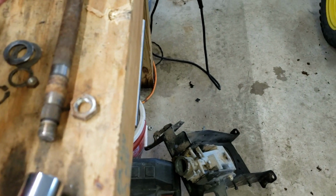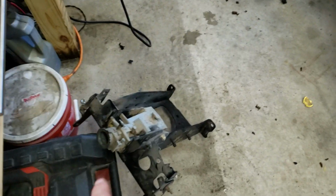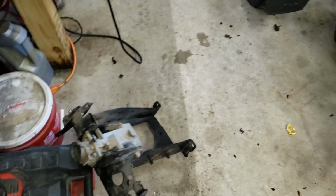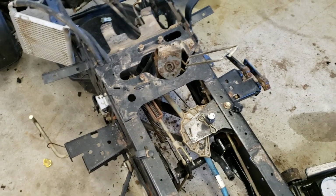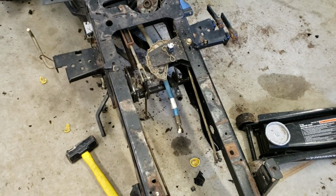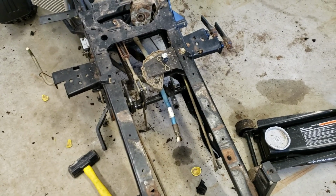So I got these plastic bushings coming for this tilt steering mechanism here for the steering shaft. Got the wiring harness out. My plan now really is I have to wait until the frame, my replacement frame gets here, because what I